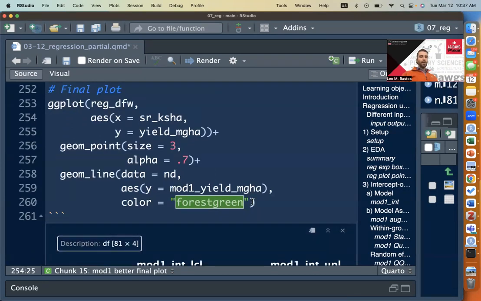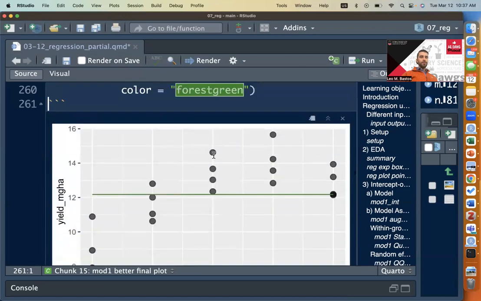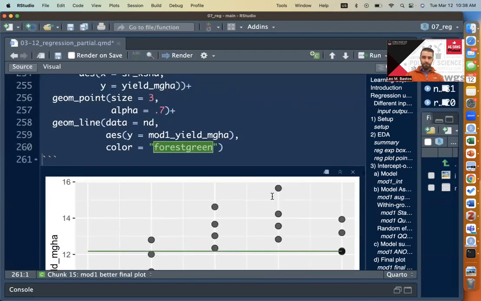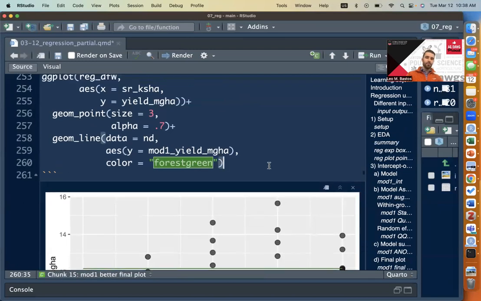So if you just run what I left you, this is what we get. This is basically what we already had on the previous plot. I did not change anything yet. The next thing I want to add here is the error bars to this plot so we can look at them. I think I'm going to decrease my font size just so we can see more of my code. To do that, we're going to use a geom that I don't think we have used in this class yet, which is called geom ribbon. So with geom ribbon,